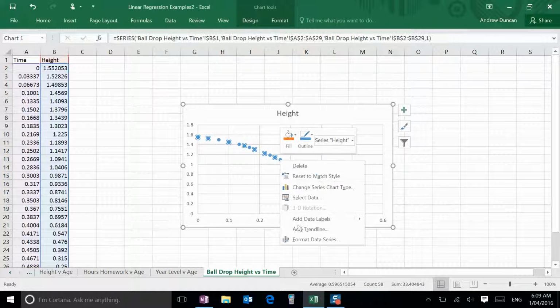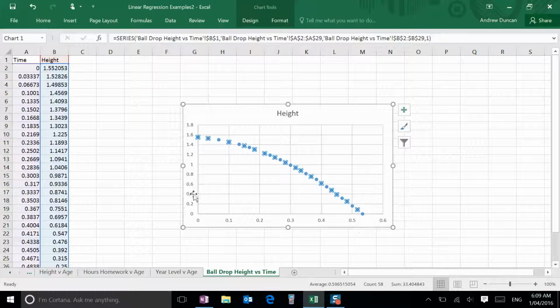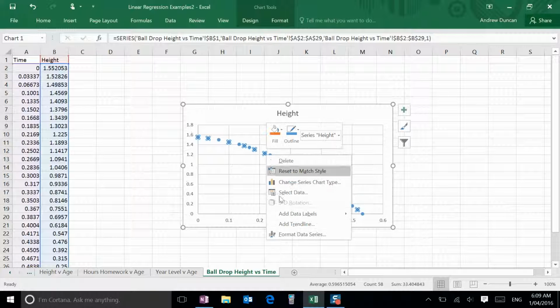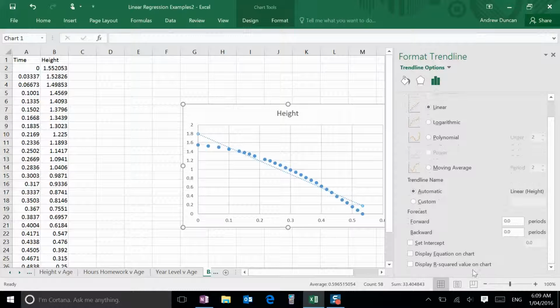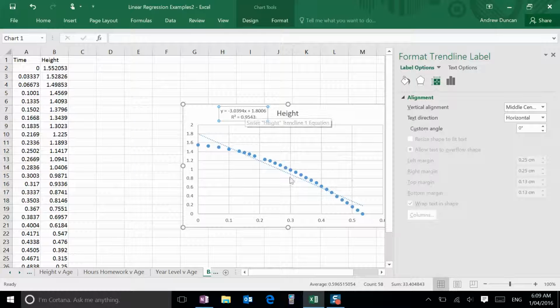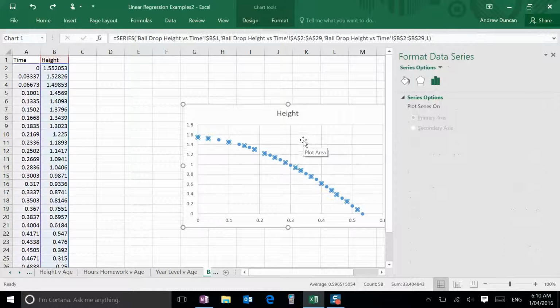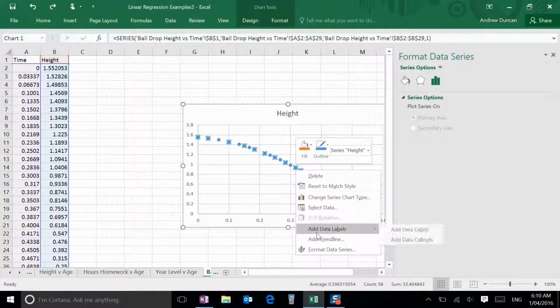So that's time on the x-axis, this is height here. If I try and add a trend line here, my linear model, with the equation and r squared, yeah, it does a reasonable job. 95% of the variation is explained by a linear model. But we can see in this data it's a quadratic model. So what I should really be doing is getting rid of my linear model,